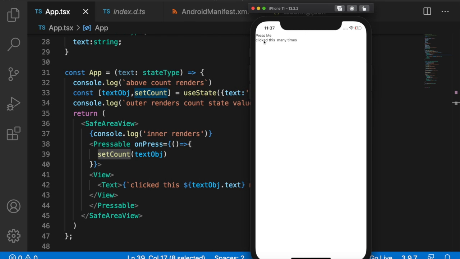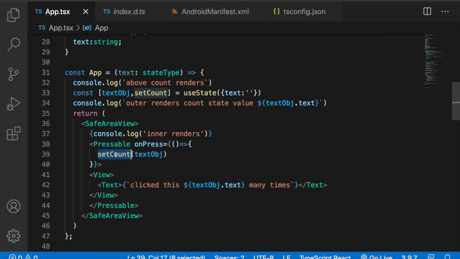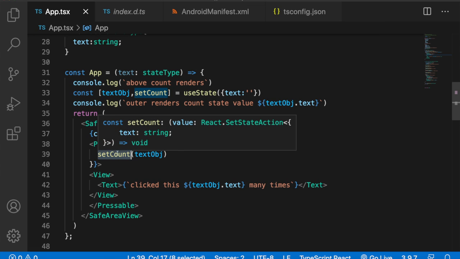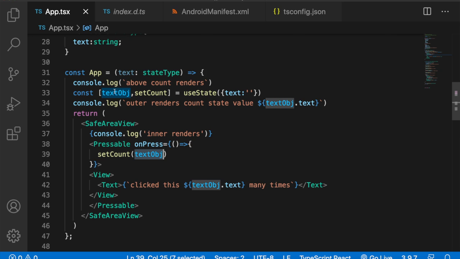So if I click on this, click this, you're seeing that nothing is happening. Nothing changes. The reason is that when I'm calling set count, I am actually passing the same state, the same initial state which was returned. So I'm changing nothing. As soon as I pass something